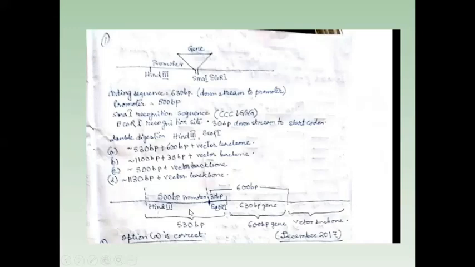So if you cut this, we first get a cut at this point. Here it was already 500 and here it is 30, so altogether we get 530 bp. Now from 630, 30 bp has already been cleaved, so the remaining will be 600 bp. So we get basically two fragments, 530 and 600, and another fragment which is the vector backbone. If you see the options, option A is correct: 530, 600 and the vector backbone.